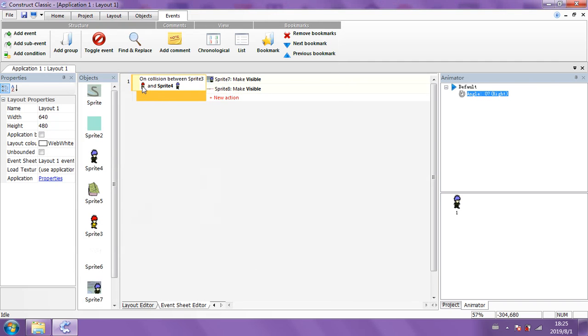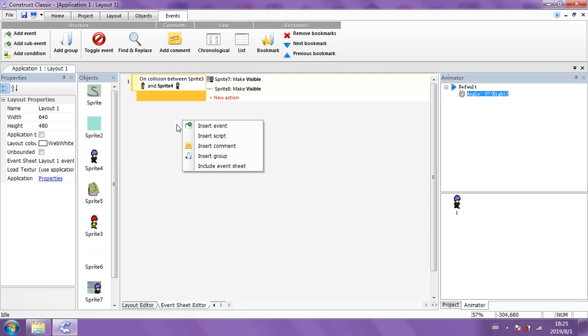So when this red-haired guy walks up to this small blue guy and makes collision, we're going to make another image visible, which is a big image, also an animated sprite of a whole scene, basically covering the whole scene, but it's a close-up of this guy. And also the message box, which I just made on top where he's talking. Both of these are set to invisible on start. If you click on these, you'll see what I mean. And they'll become visible when I bump into this guy.